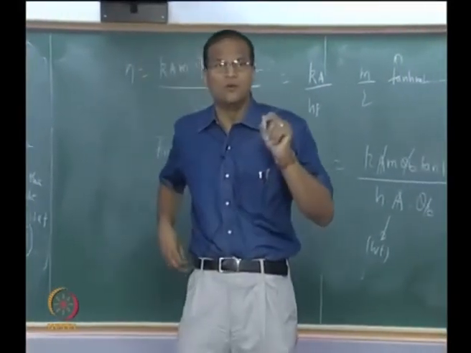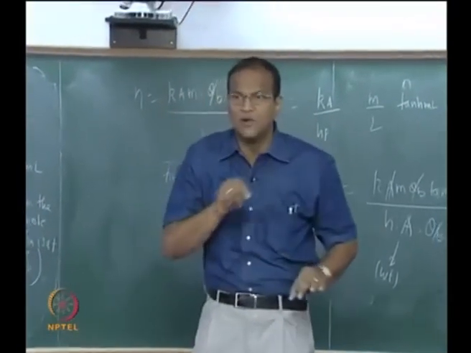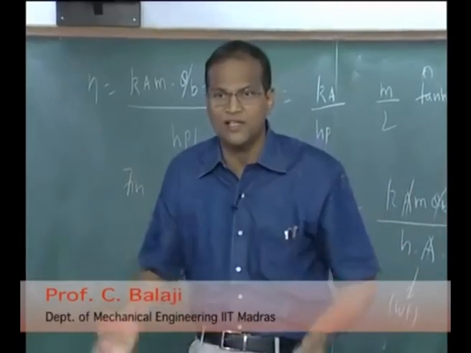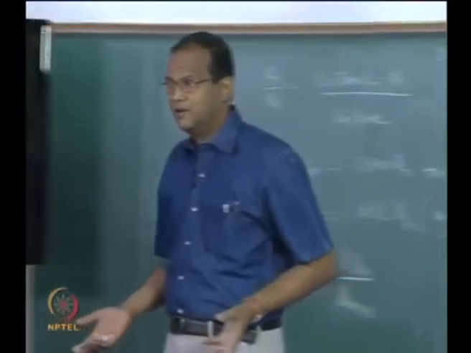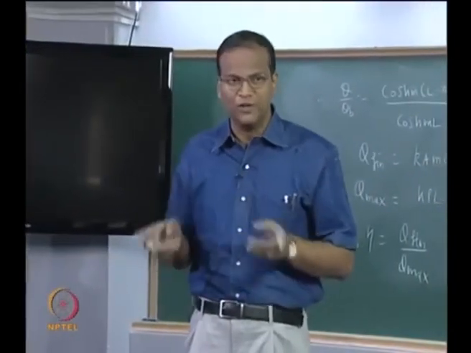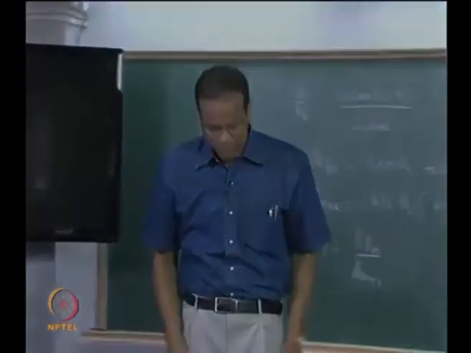The fin should always be put on a surface on which the heat transfer coefficient is lower. If there is a tube, water is flowing inside, air is flowing outside, you do not do an optimization and put a fin on the inside. Already terrific heat transfer coefficient is available. Okay, you should know where to put your money, as I say, so the fin should be on the outside. The fin should always be on that side where the heat transfer coefficient is weak, because that is the controlling resistance for the overall heat transfer coefficient. Okay.